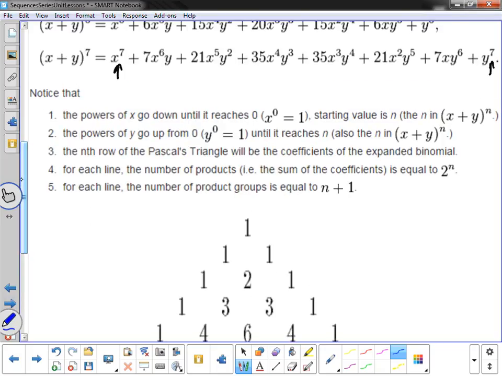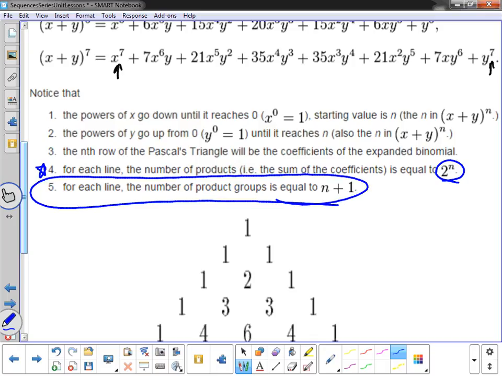Okay, so then the next rule here: for each line, the sum of the coefficients is equal to 2 to the nth power. And for each line, the number of products is equal to n plus 1. These are the 3, or 4, that I really like. That one there,